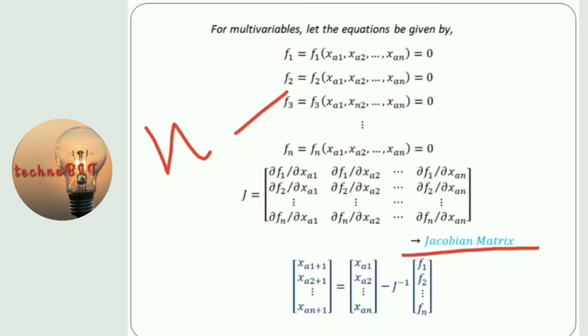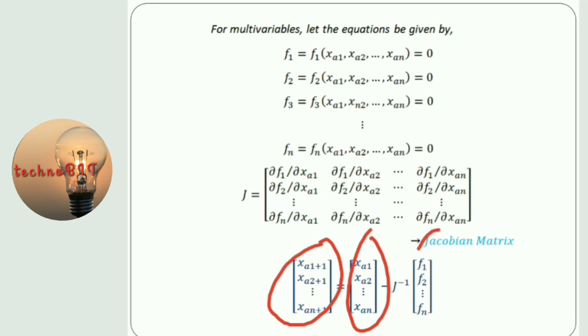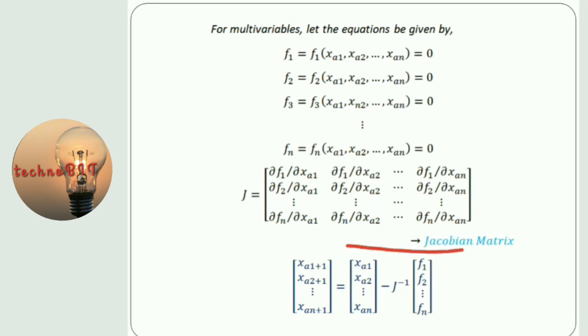And this is the final function. Here we again see that J is the similar matrix, the Jacobian matrix, and here we have n number of functions, the column matrix representing n number of functions at each step. So this is the final expression for n number of multivariable functions, right?